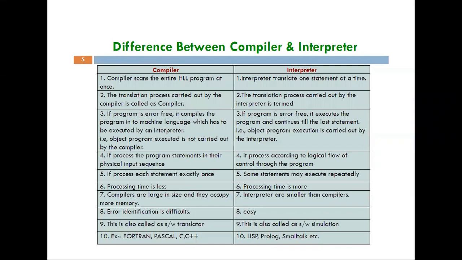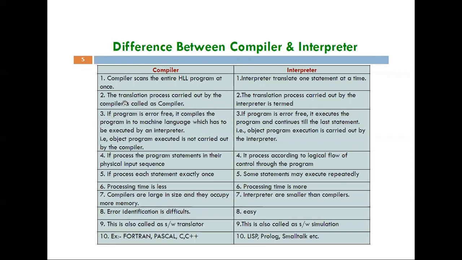Now while seeing the major differences between compiler and interpreter, here you can see the compiler scans the entire high level language program at once. Just now we mentioned the entire program at once, whereas the interpreter translates one statement at a time, line by line.